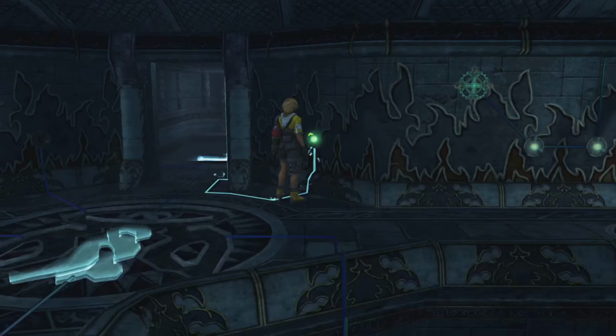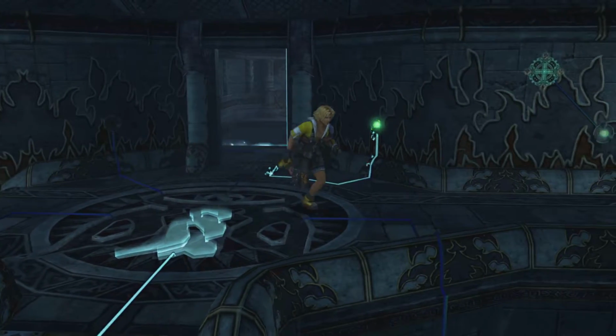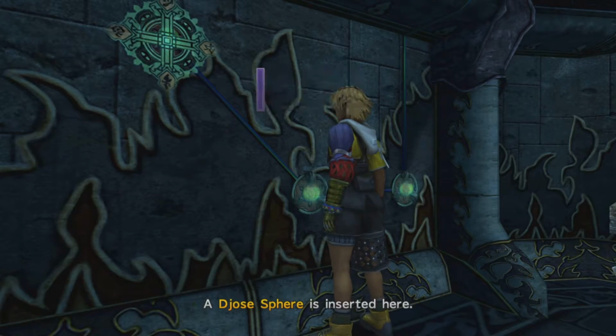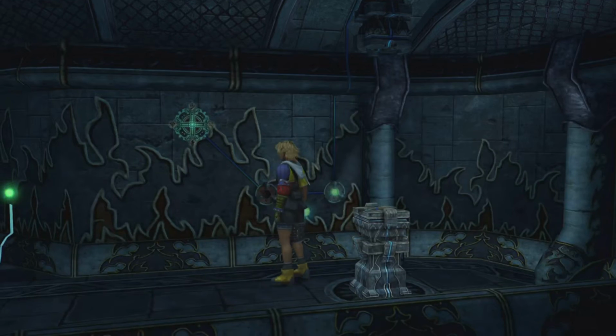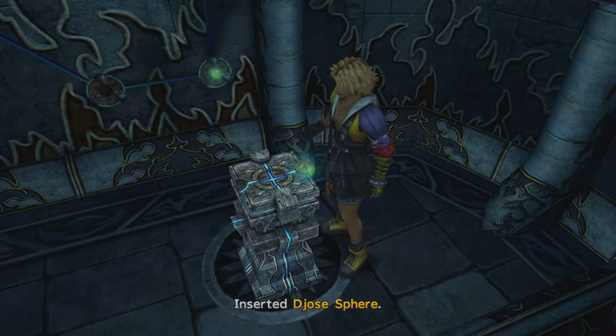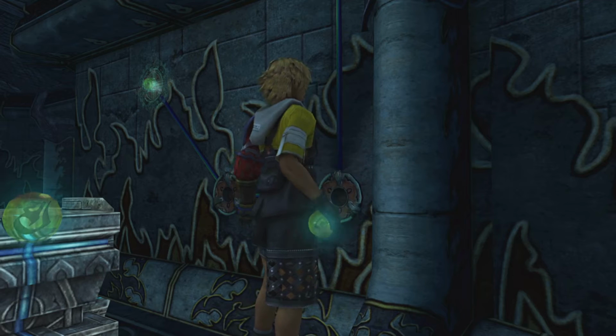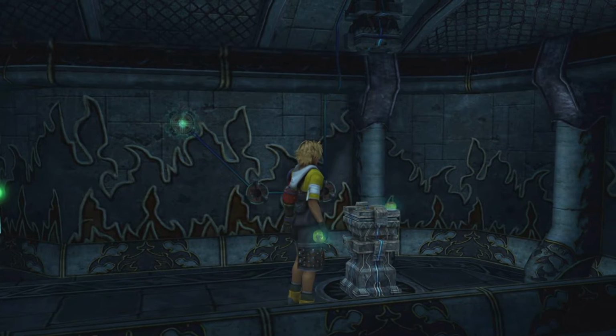That'll show us a new area with some lightning on the floor here, which you can't get across at the moment. So what you now need to do is remove the two spheres that you'd placed in the wall here and put them on either side of the pedestal. This is one of the rare pedestals that can take more than one sphere. So once you've placed both of them in,